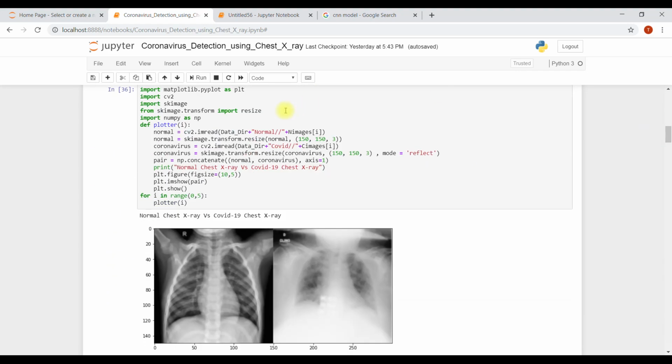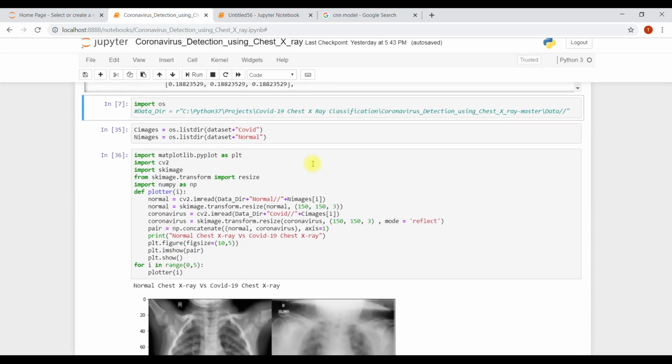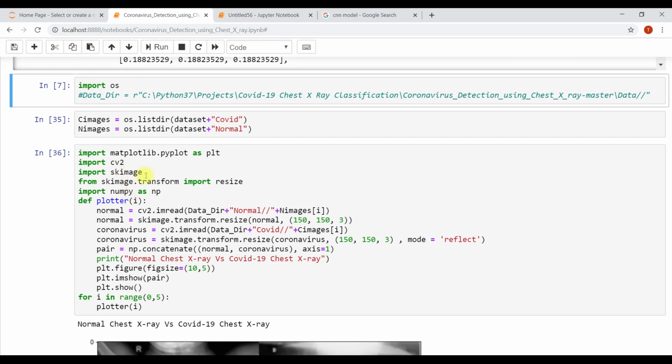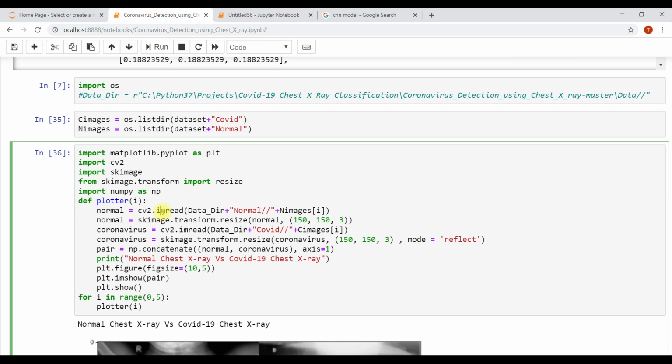After importing matplotlib and cv2 and skimage, here in the plotter you read the data set. Earlier I named it data directory, so I'm sorry about that.